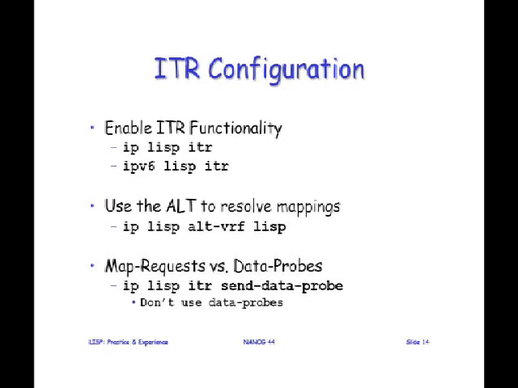So how do you do this? If you want to build this, how do you actually configure this? Well, it's pretty simple, really. There's a lot of machinery here, but most of it's pretty straightforward. If you want to enable the IPv4 Lisp ITR, you just say IP Lisp ITR. For historical reasons, in the implementation we're working on, IP means IPv4, and IPv6 means IPv6, surprisingly. So you just turn it on by saying IP Lisp ITR, and you've got an ITR.